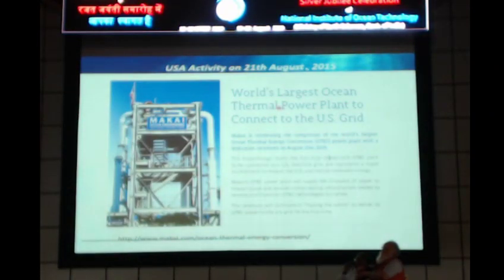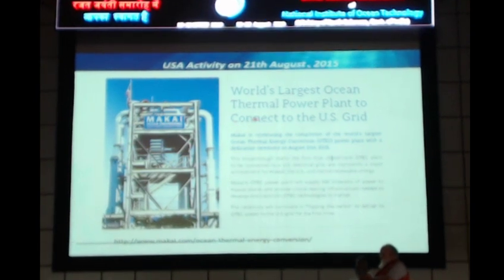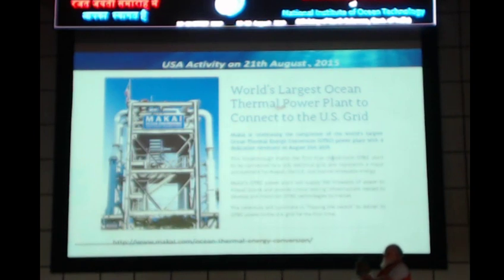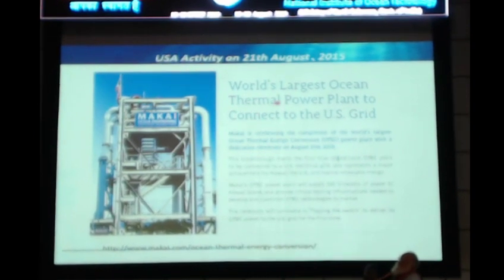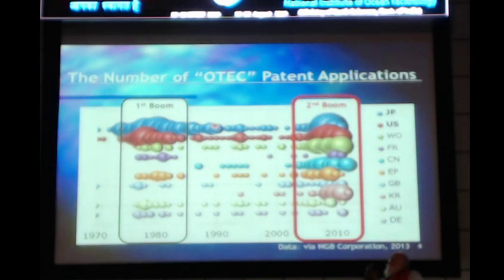And as you know, the US added 5 kilowatts, so 105 kilowatts was constructed and generated electricity. So after 2013, the US started the world's largest OTEC power plant connected to the US grid. So this is the number of OTEC international patent applications. After the oil crisis, OTEC had the first boom. After that, oil prices went down, so many OTEC projects stopped and postponed. But recently, the second boom, Japan, US, and so on,